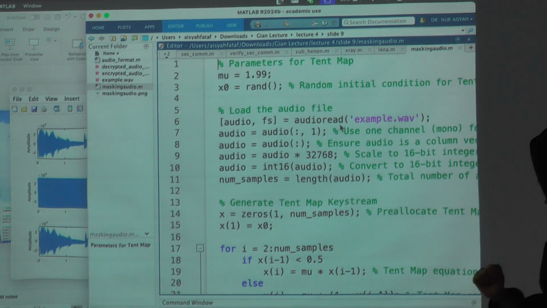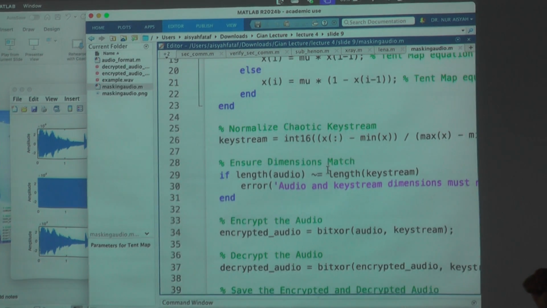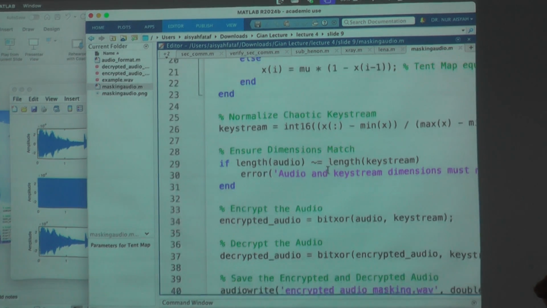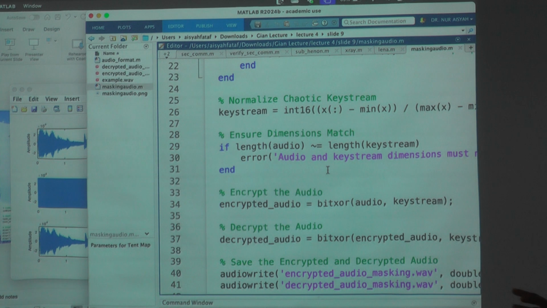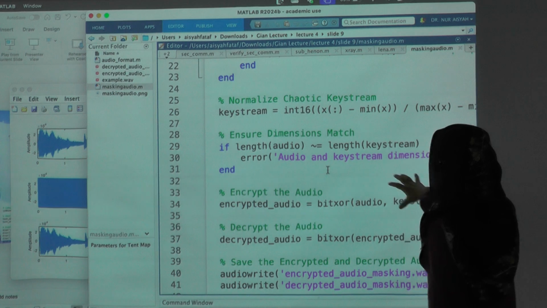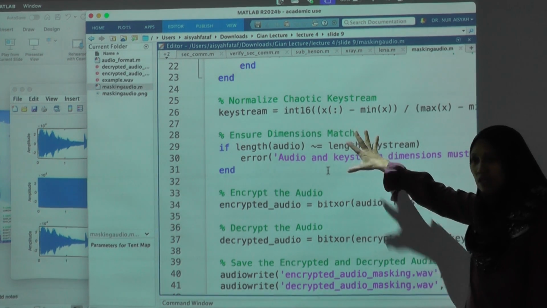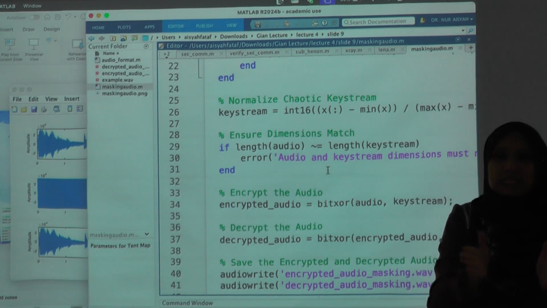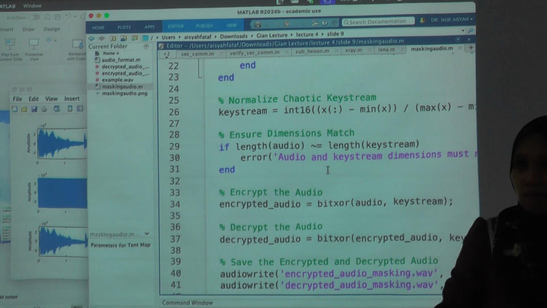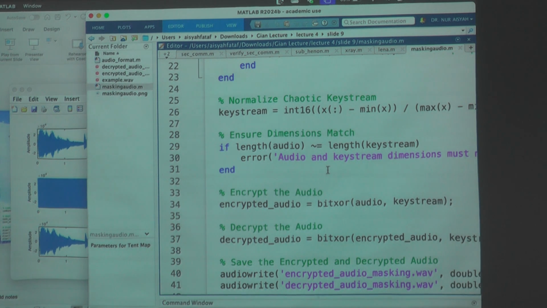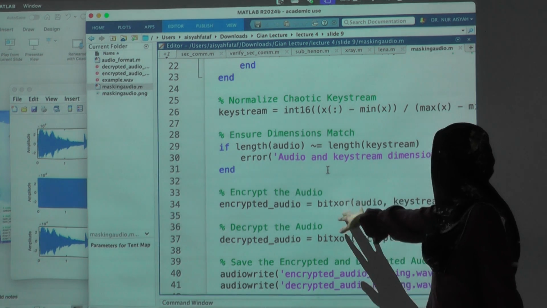And then we need to make sure the dimension matches. So it is good if you can have a longer dimension to make sure any audio that you input can be run. Okay, and we are using the SAW method, which is we take the audio with the key string